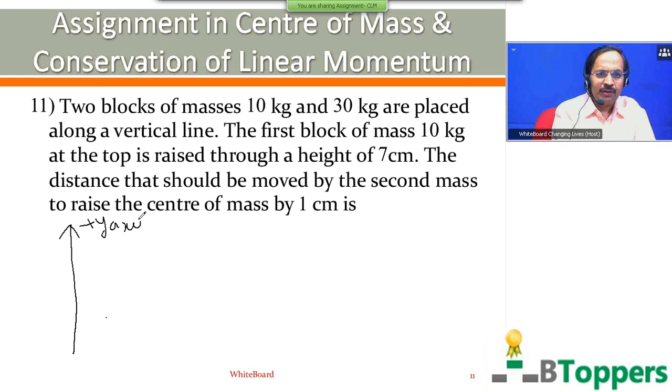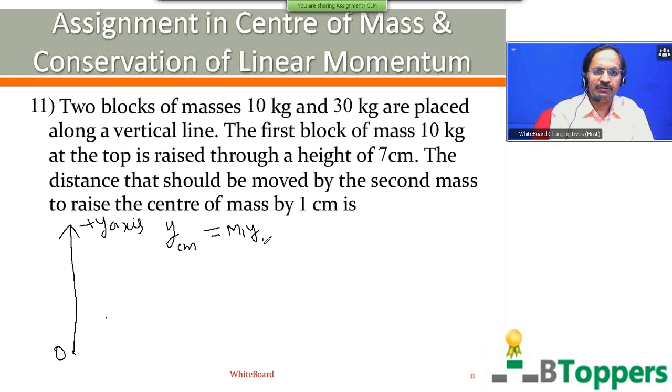Suppose I choose some fixed point on the ground as the origin O of the coordinate system. The mass of the first body is denoted by m1 equal to 10 kg, m2 equal to 30 kg. If y1 is the height of the first mass above the origin O, and y2 is the height of the second mass, then the vertical height of the center of mass above the point O